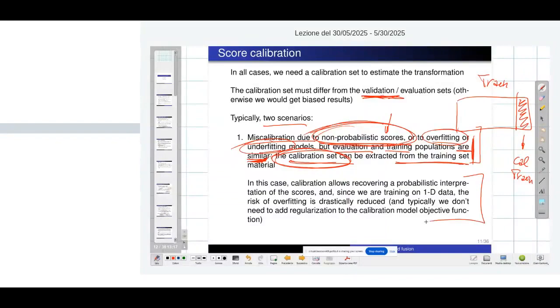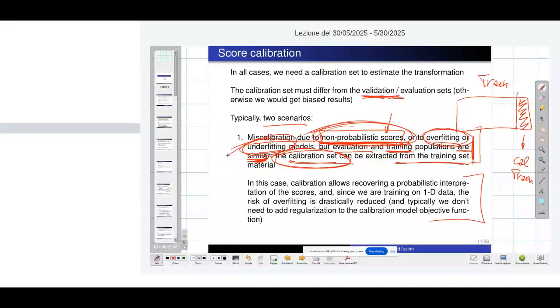And as we said, why does this work? Well, because the source of miscalibration was coming from the characteristics of the classifier, or from overfitting and underfitting, which is typically due to I need to regularize to avoid overfitting, or my model is too simple, or I have